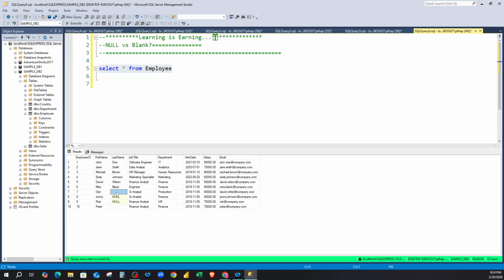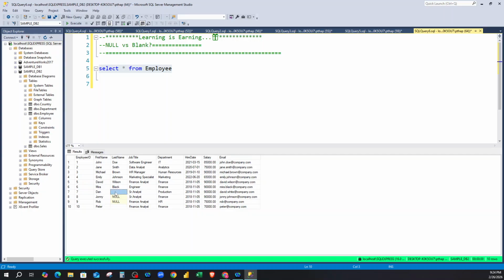And again, blank is, as the name says, a blank, which means this was left blank. Maybe it is bad data, right? So for Dan, we don't know the last name, because whoever entered the data into the table forgot to put in the last name. Same with Peter, it's left blank because they might have forgotten or missed providing the information. So null is no value, and blank sounds similar to no value, because obviously there's no